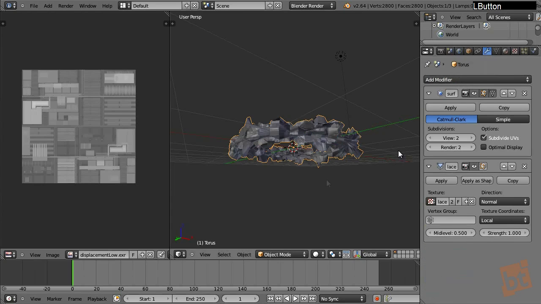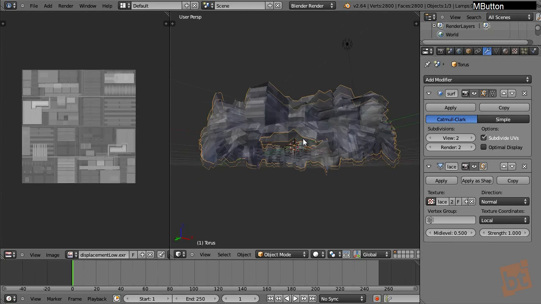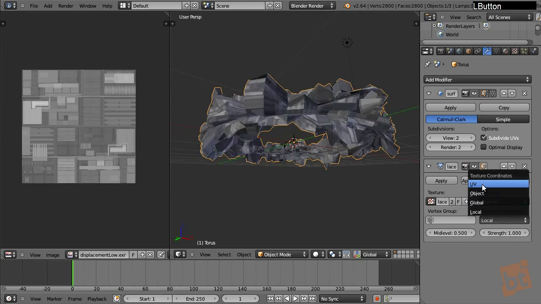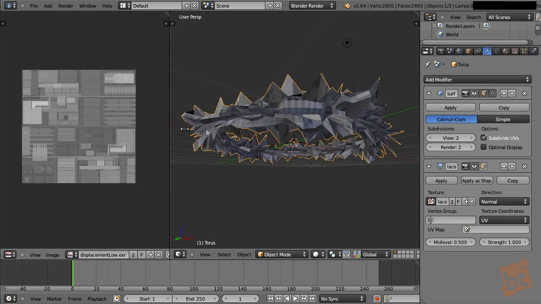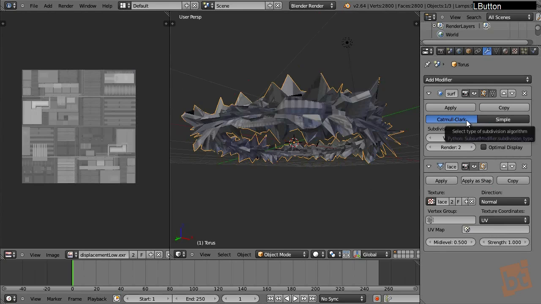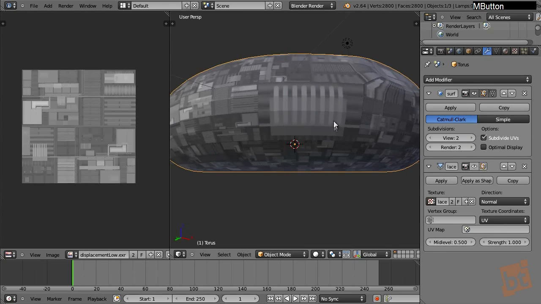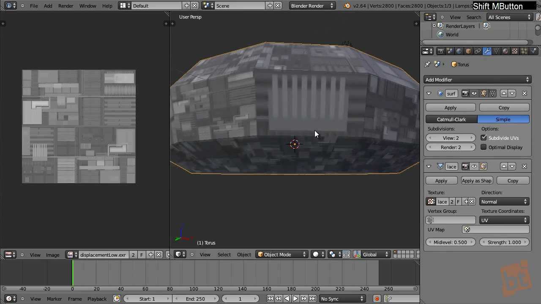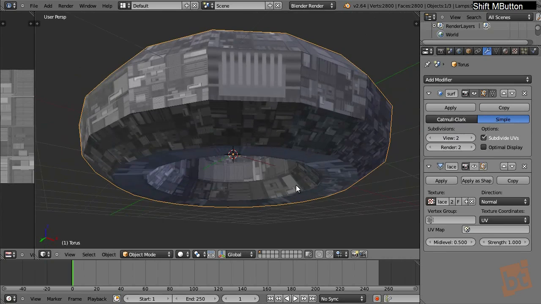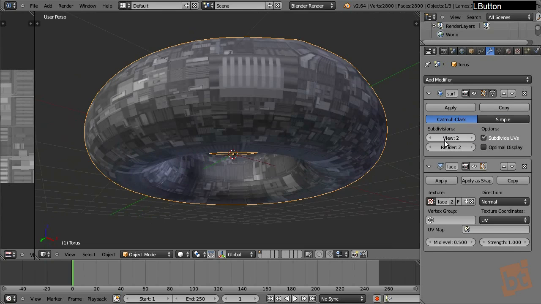So we need to go here, and the first thing we need to do is, instead of local, which is the texture coordinates, we need to put UV, so it takes the changes we made here on the UVs. Now let's put this on simple, Catmull Clark. Let's deactivate this first of all. If here we put this on simple, and make this a little bigger, we will get this polygonal-like shape. What I like to do is to put Catmull Clark for the first 2 or 3 subdivisions,